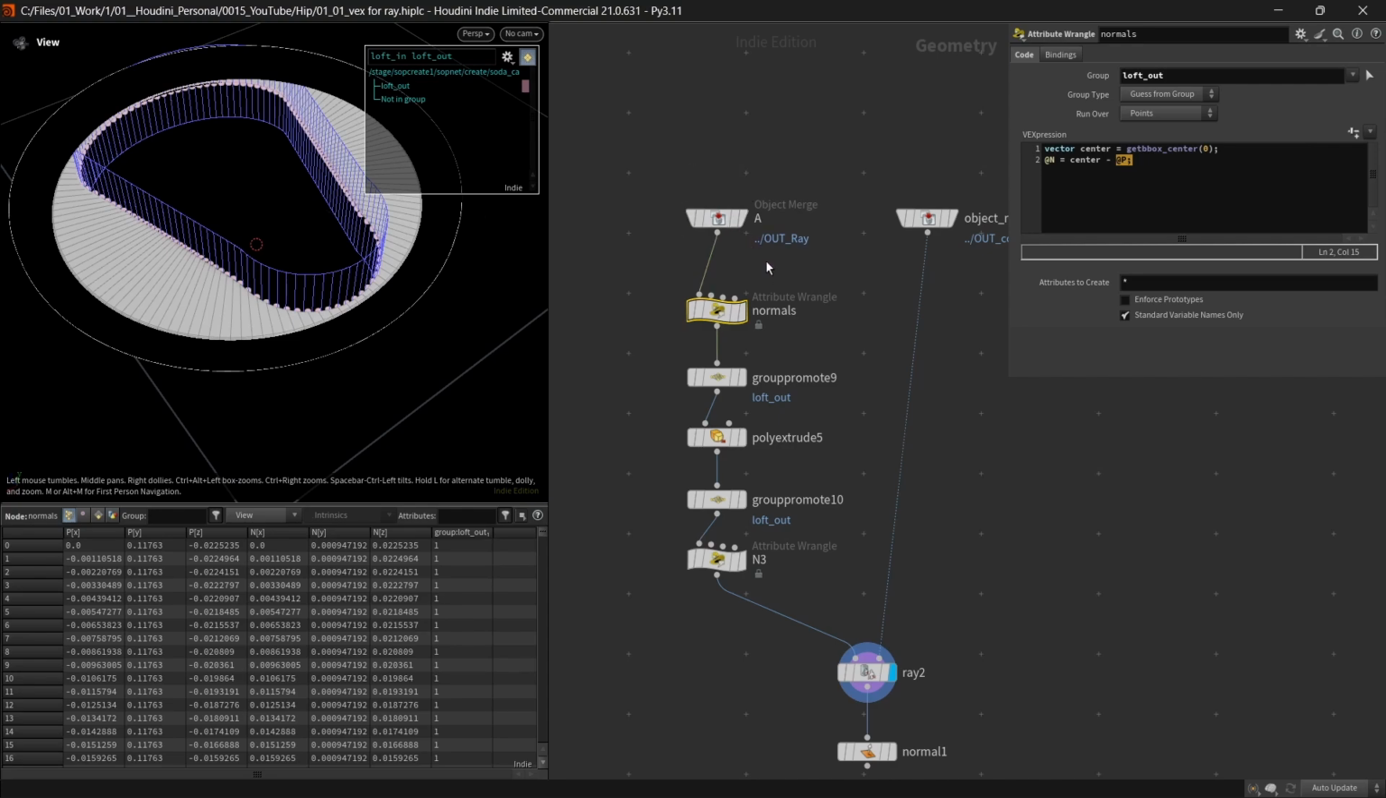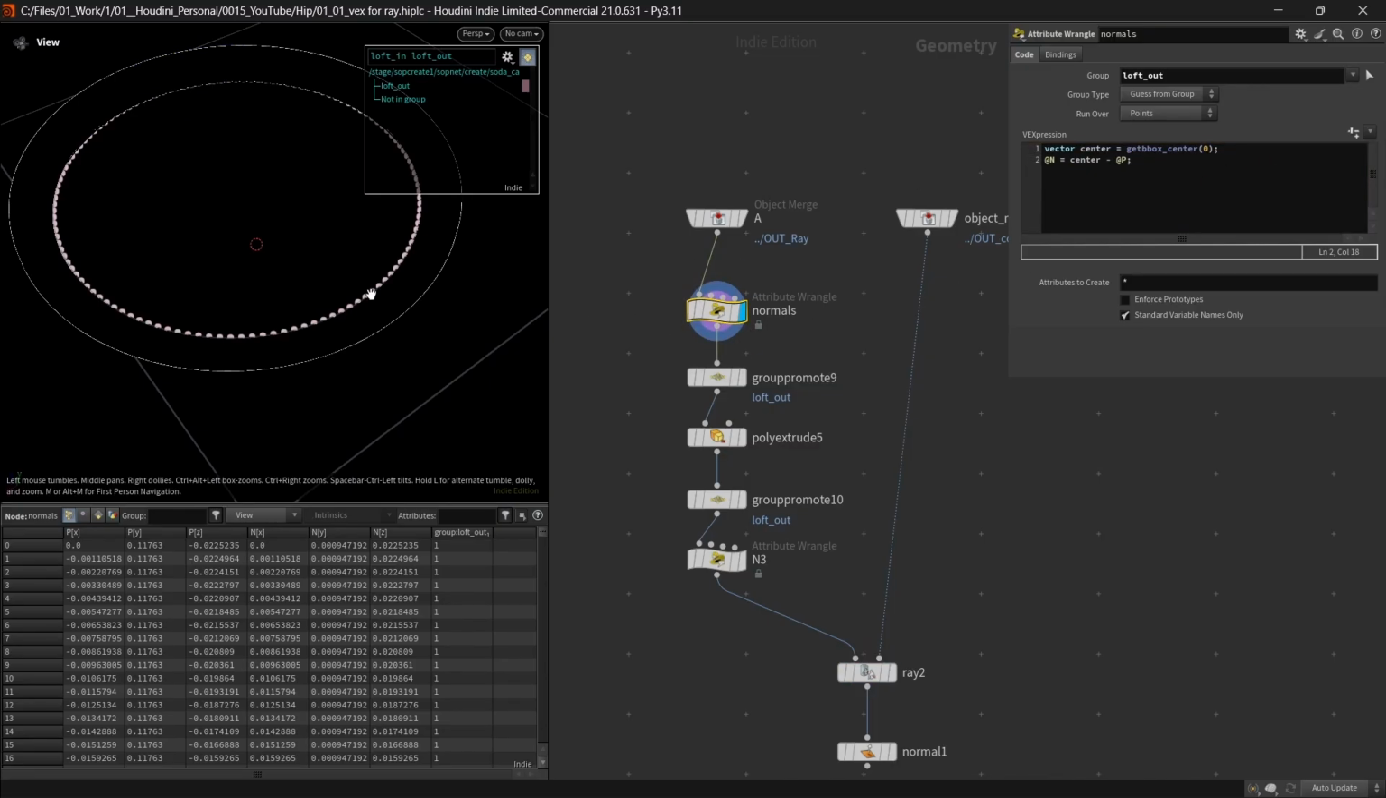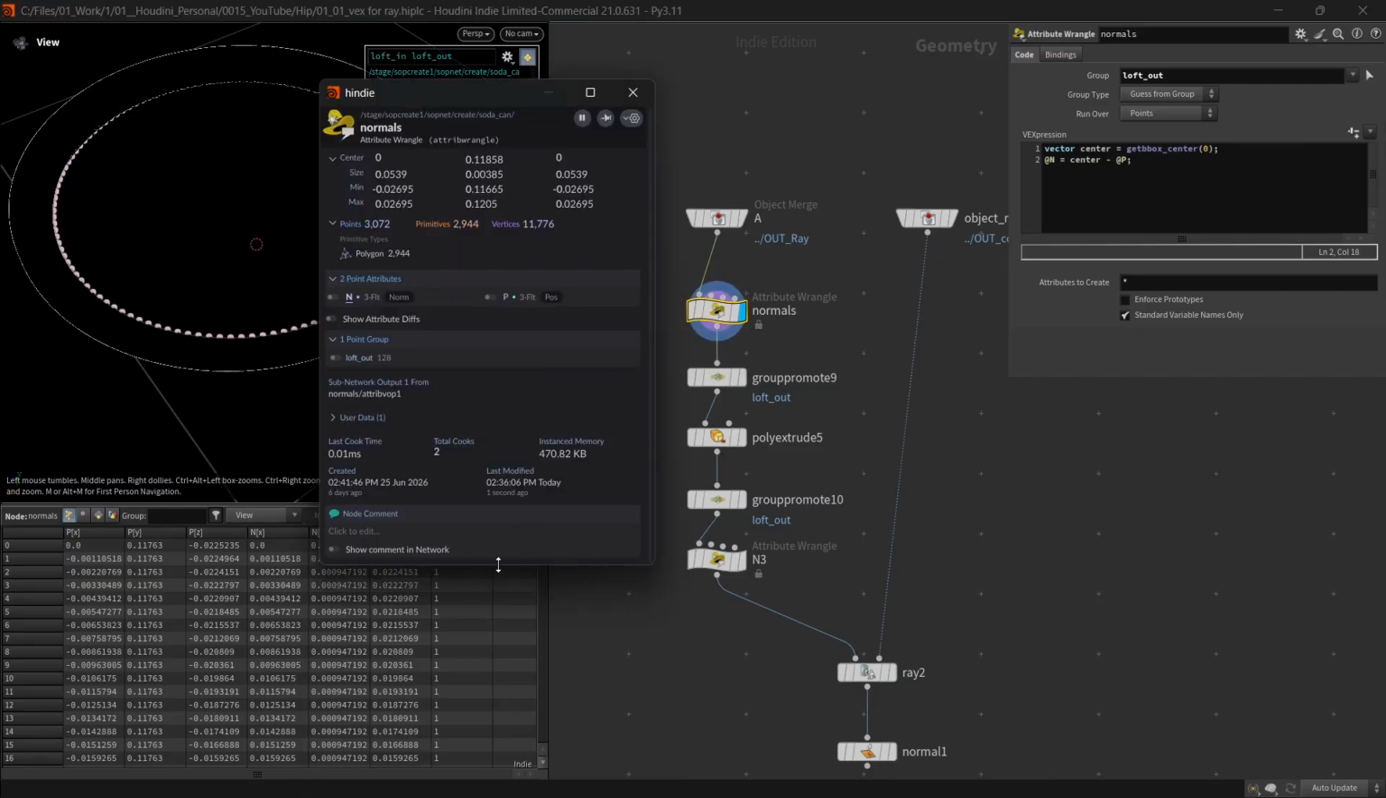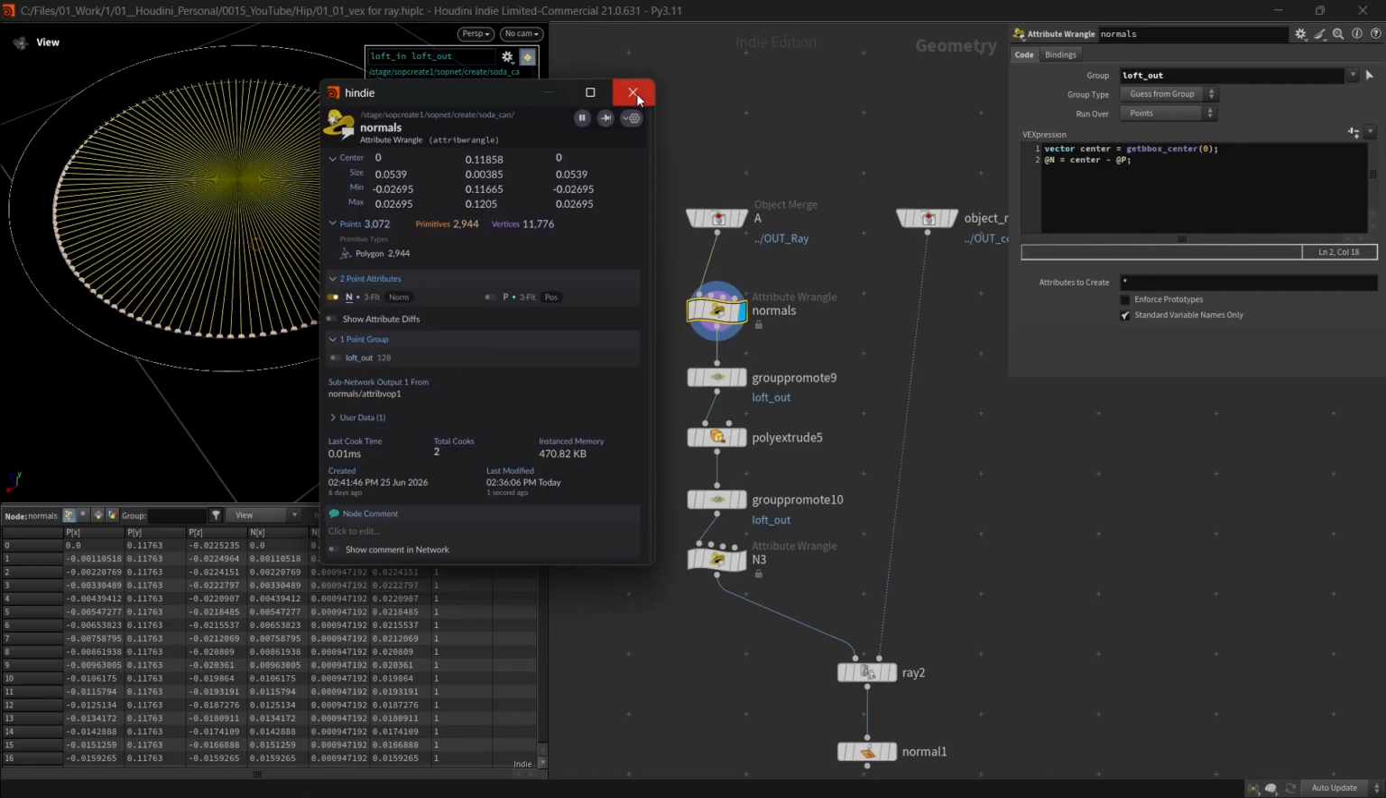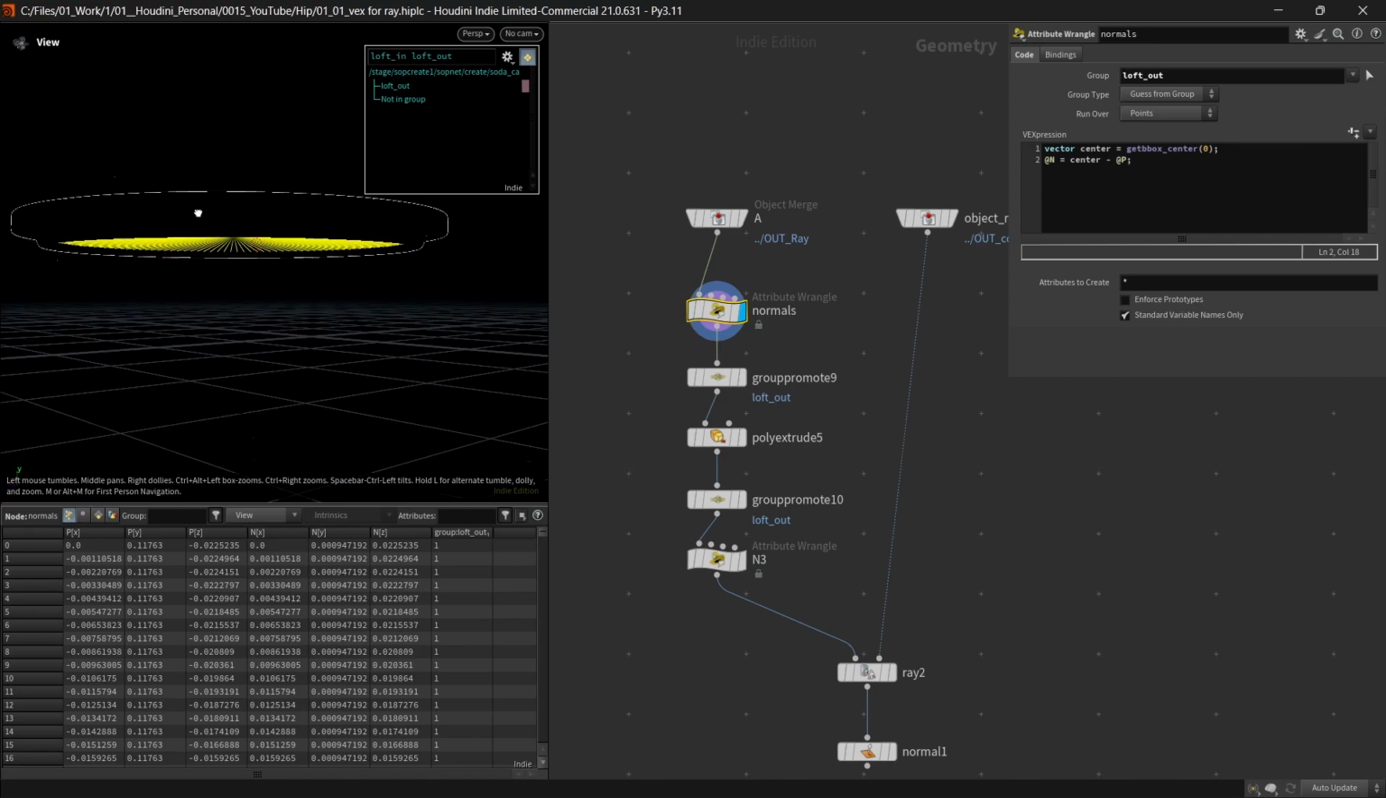And for doing it right here, all we need to do is to use get BBox center. That's it. We're taking our group, we're calculating the center of its bounding box, and we're subtracting position from it. That's it. And it gives us perfect normals, exactly what we need for